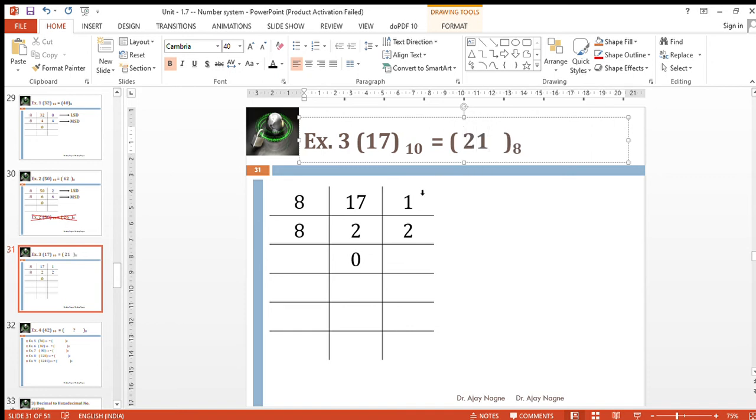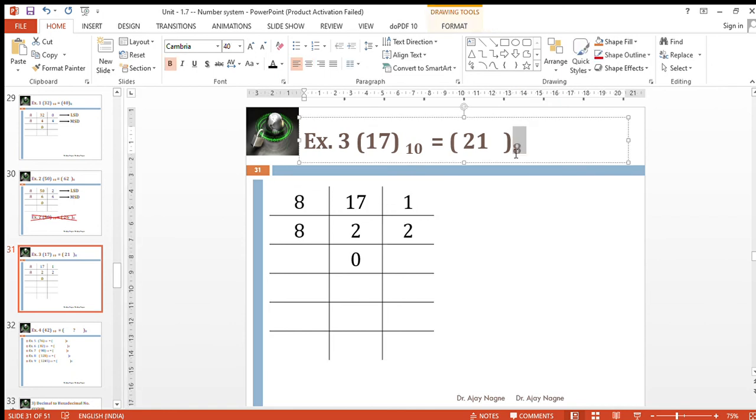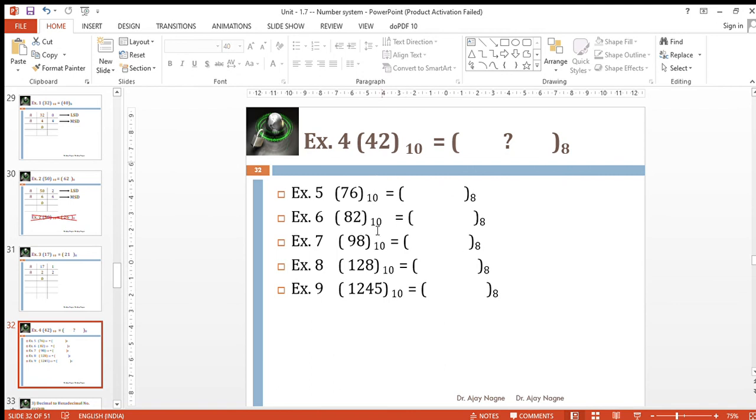We should not write 12, because the base is smaller, so the number will be greater. So as per that we have to write it down this way. Now these are the remaining ones. All of you got it? Do you have any problem about this, or shall I take one more example?